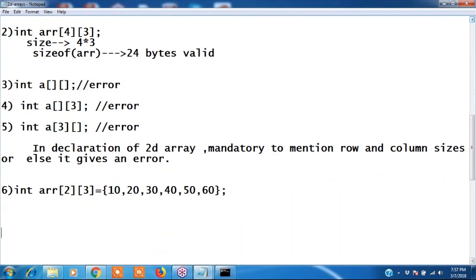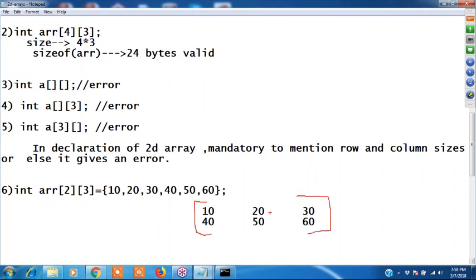If I declare 2 by 3 and take values continuously, 10 goes to A00, then 10, 20, 30, and 40, 50, 60. It takes them in matrix format. If you are not mentioning anything, directly it takes this.